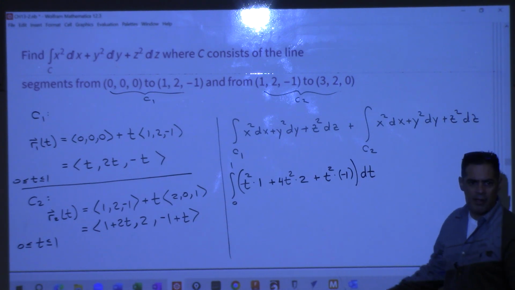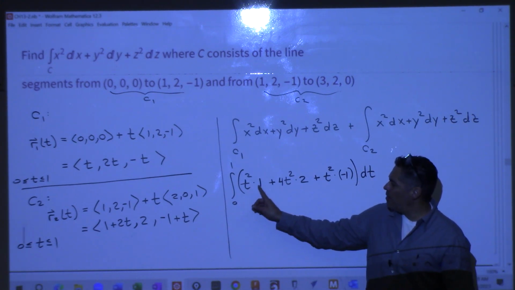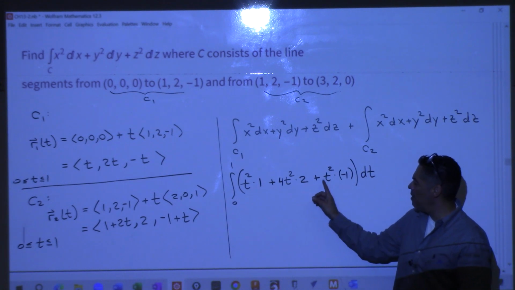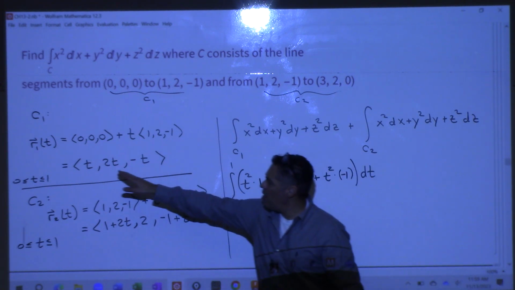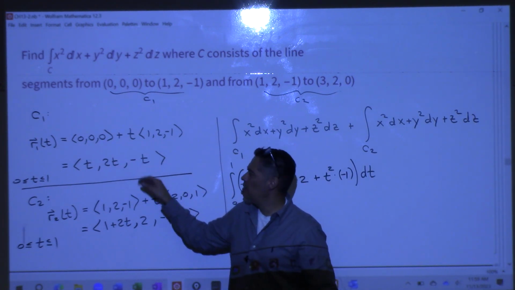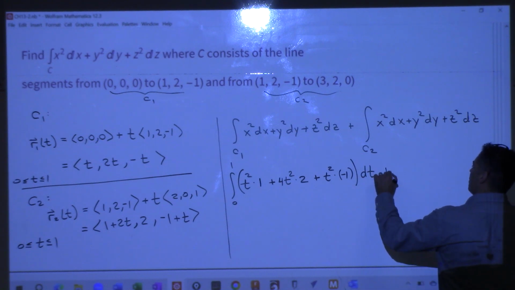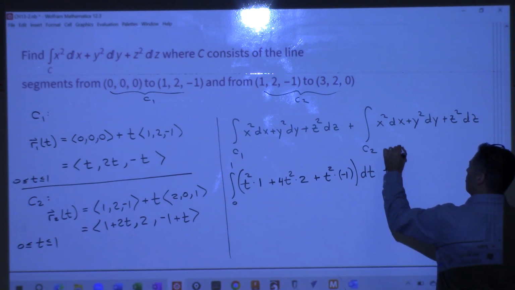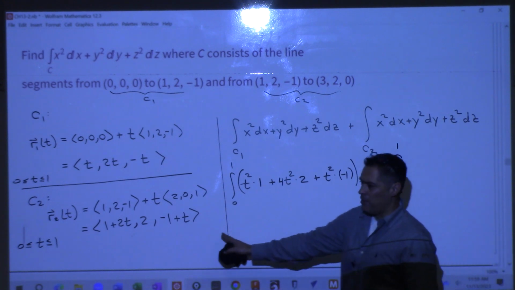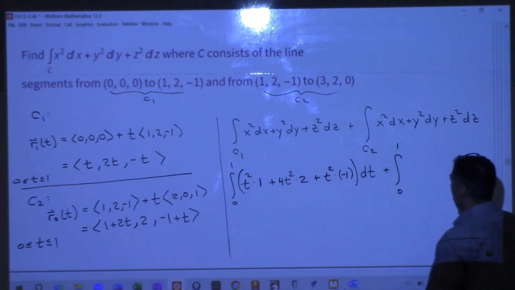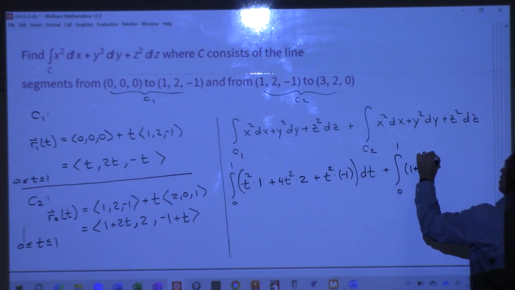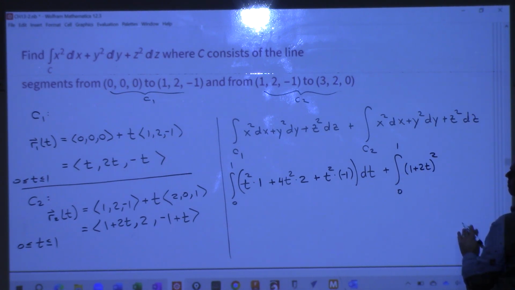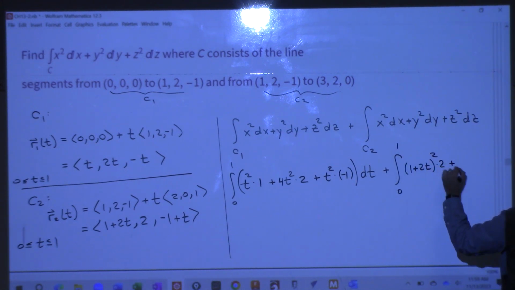Do I need to run through that? x squared dx plus y squared dy plus z squared dz, using this as our x, y, and z respectively. Plus, now my second integral, I go from 0 to 1. Now I'm working with this one instead. So x squared would be 1 plus 2t squared, right? dx, what's dx? Times 2,